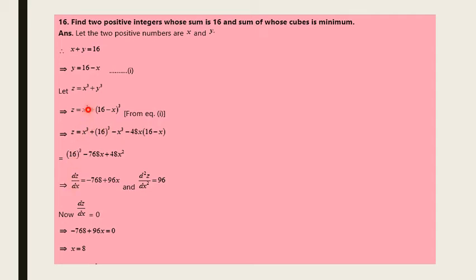We know this is 3x square plus 3 into (16 minus x) the whole square into negative 1, any of the ways. Then we need d2z by dx square also. So right now let us find the second derivative, that is easier. So it is 96. Now dz by dx is equal to 0, so we are getting x is equal to 8. This x equal to 8 we substitute in the second derivative. It's already positive. So we say x equal to 8 is a point of minimum.